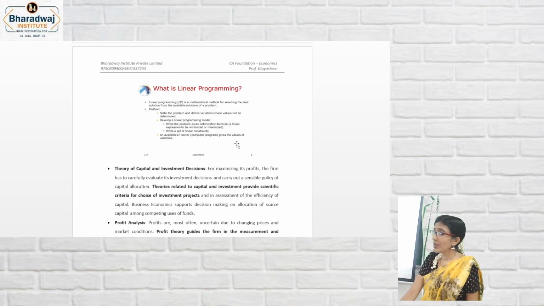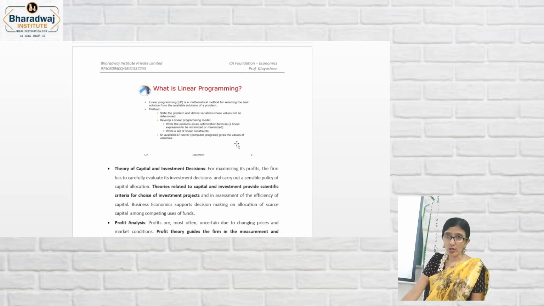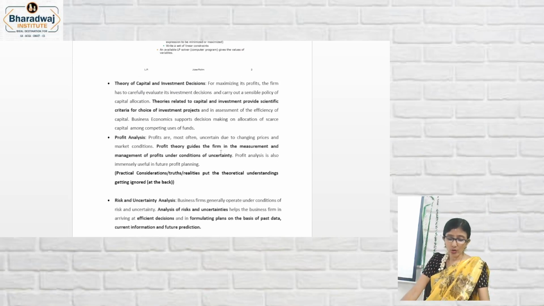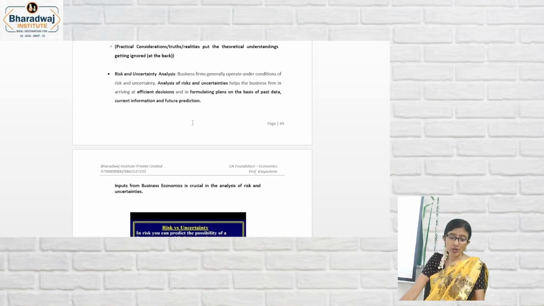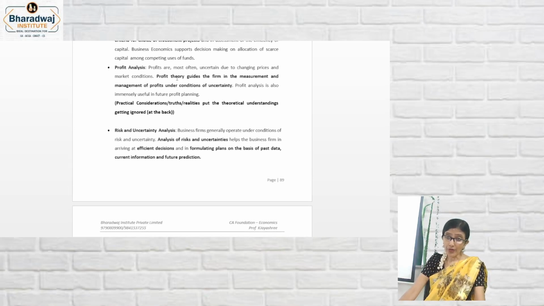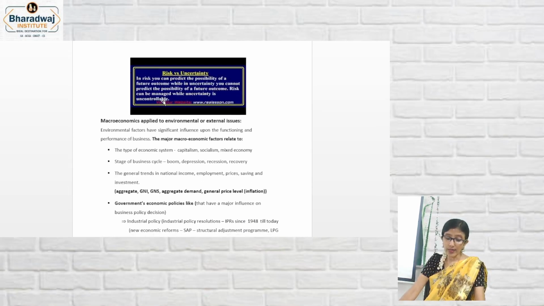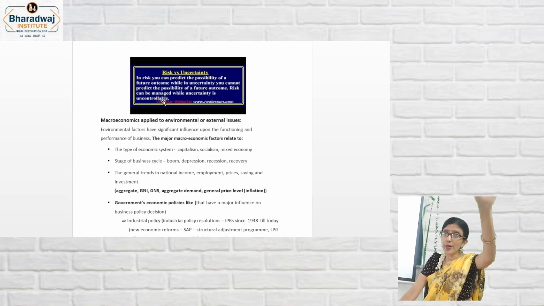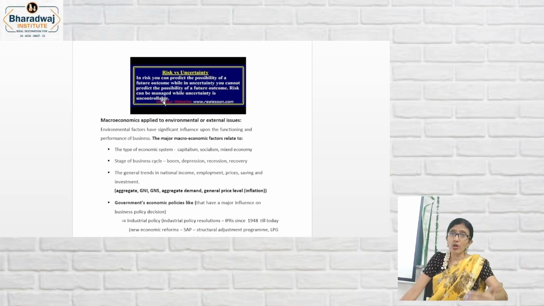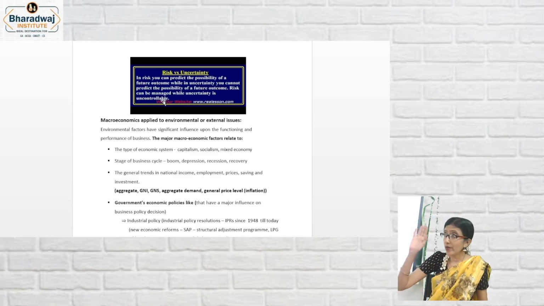So it is nothing but a mathematical technique to choose the optimum point. And what is an optimum point? Maximum benefit at minimum cost. Do you understand all this? Please note the concepts coming here. Profit analysis, risk and uncertainty, all that comes under operational issues. So far what we saw comes under operational, even inventory, profit analysis.